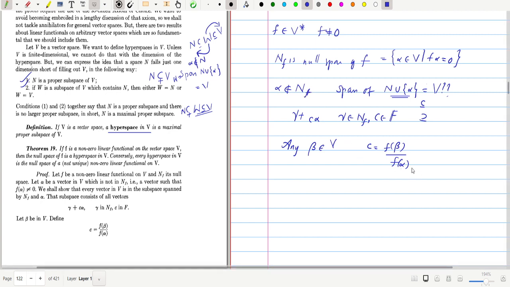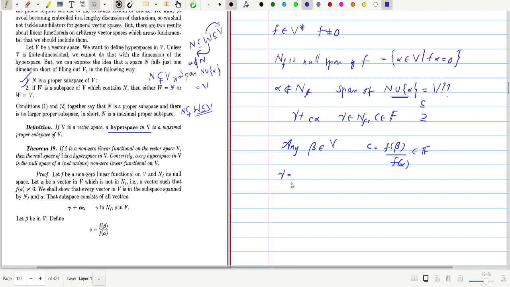Therefore f of alpha can never be 0, and so c is defined. c is a scalar in F, so this is always an element of F. Now we will consider gamma equal to beta minus